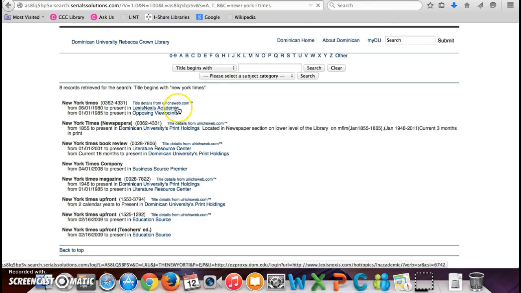These resources have some very different features. I'm not going to go into them right now. You'll have a chance to explore databases throughout the semester, so I'll leave that to you. But it is helpful to get familiar with the interfaces for different databases because they do vary considerably. If you were to look for something like a reading for class, for example, that was in a publication like Reference and User Services Quarterly,